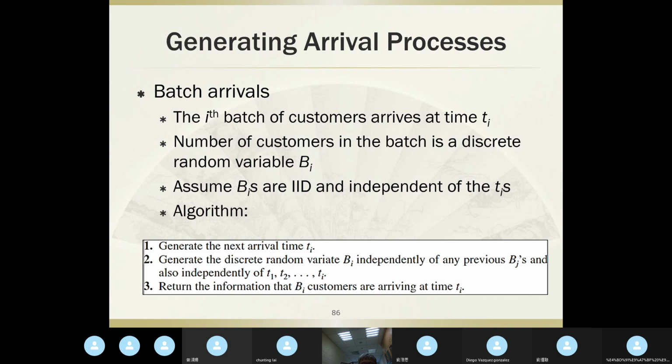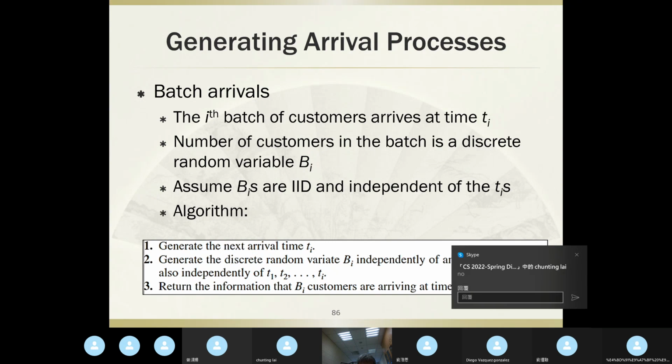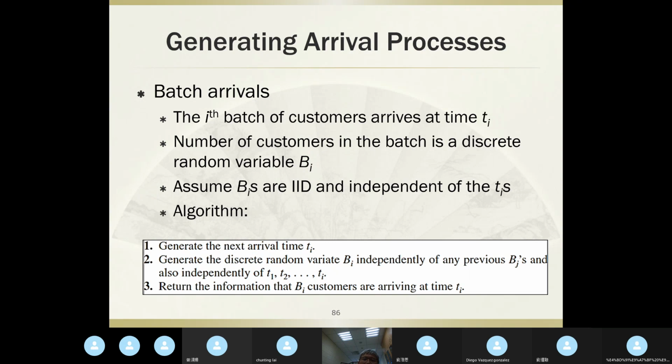And Diego? And Jinting? Okay. So if no question